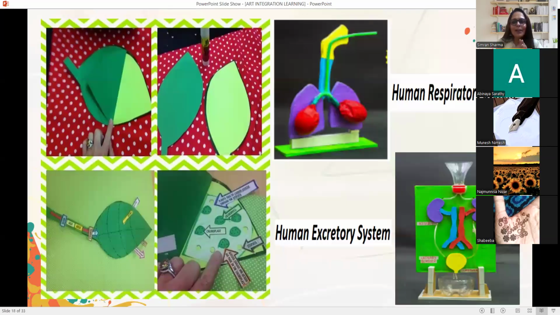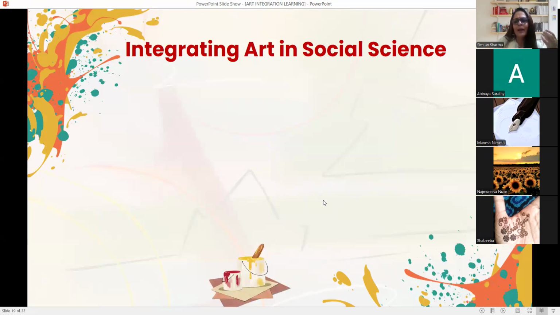So students can be asked to create their own rap about the topic that they want to present. Rapping is another very innovative, very interesting activity, liked by the students. And on top of that, if they are asked to create a video using AI, they would definitely love it, understand better, and give their presentation. Science again, we can use collage, working models. There are different ways that we can explain science concepts to students.